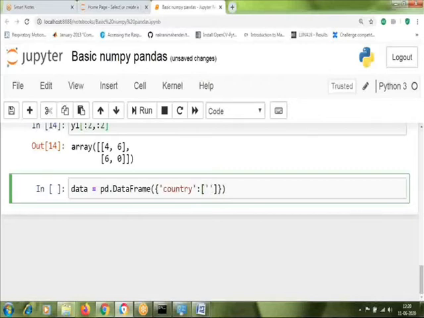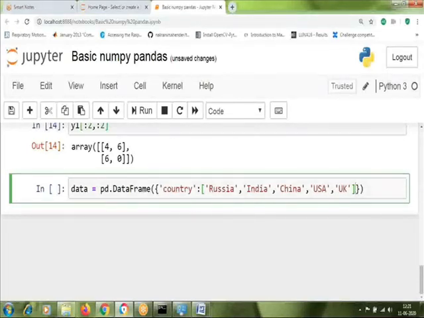Let's say some country names like Russia, India, China, USA, and let's take one more, UK. So this is the first column with column name country, and it has 5 entries.